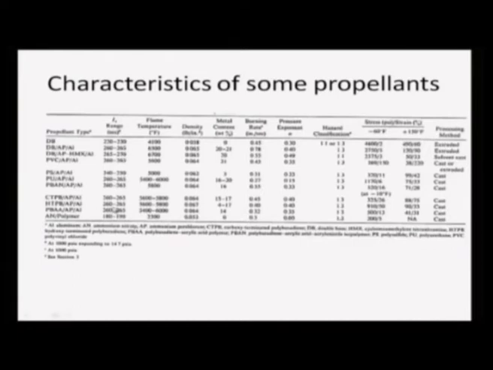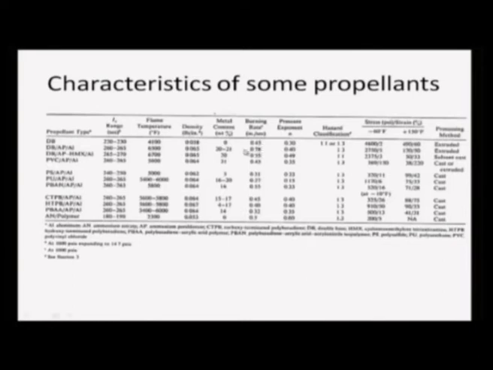So, this is fairly close. Flame temperature, however, if you look at the double base is about 4100 Fahrenheit, but for the composite one it goes to as high as 6500, and then with the embedded HMX it goes to 6750 Fahrenheit. That is a fairly high temperature, and because of that high temperature, particularly if you look at the burning rate,